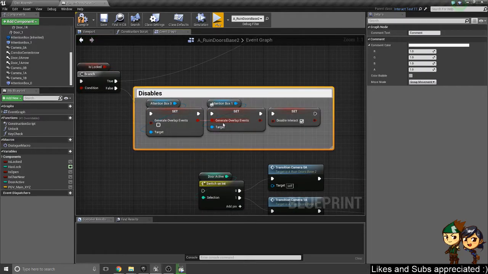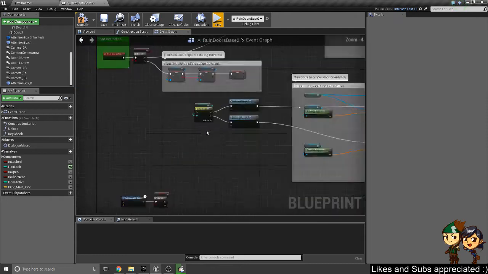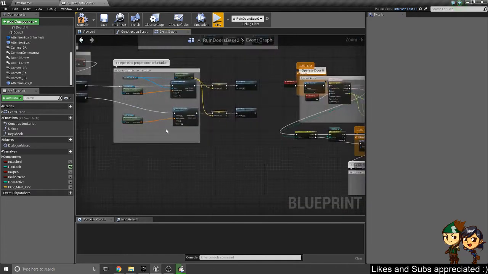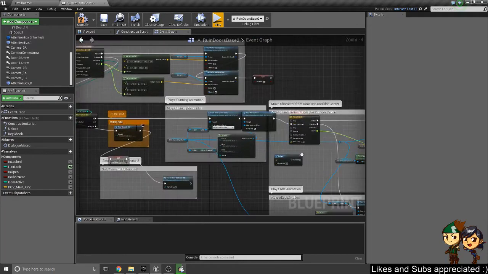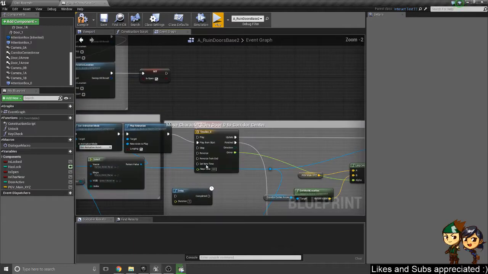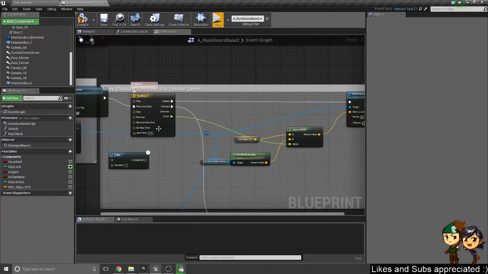Disables HUD signifiers for during traversal. That is what that's doing. It would help if I connected it though. Okay. So if we continue down along here,